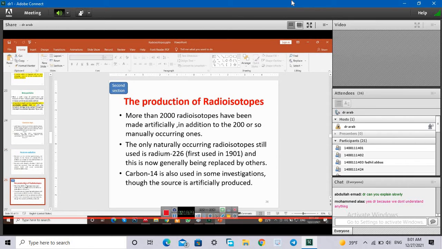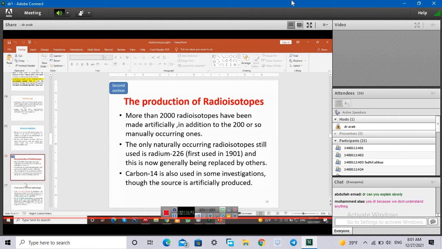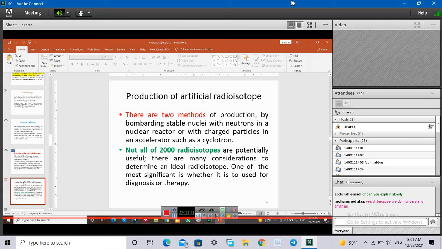After that, I spoke about the different methods that we can use to produce radioisotopes. As you remember from the first slide, I said we have two types of radionuclide: natural radionuclide and artificial radionuclide. Due to the very long half-life of natural radionuclides, we cannot use them, and so we should approach